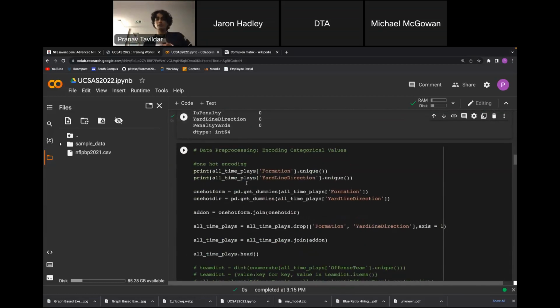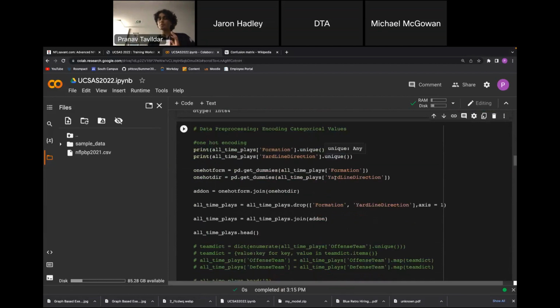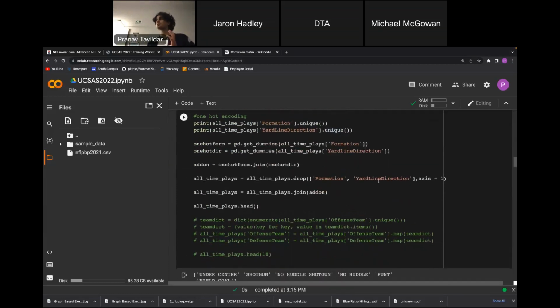So now we have some categorical variables. But one of the problems is that TensorFlow, since it's based on a lot of computations, doesn't handle written data well. So how are we going to change our written data? The way to do that is something called encoding. You have to process your data before you can feed it into the neural network in order for it to work. So one thing we can do is called one-hot encoding. Let's say we have a bunch of formations, like I can think of a few on my hands.